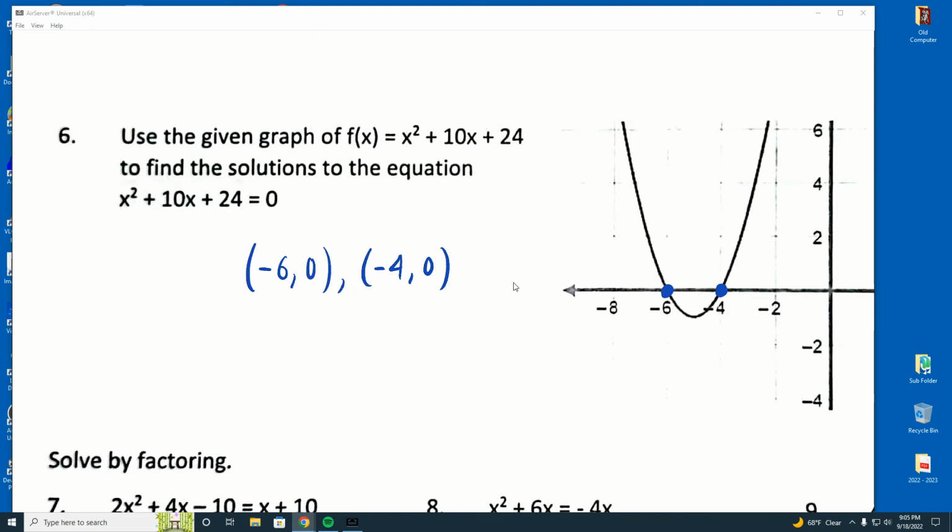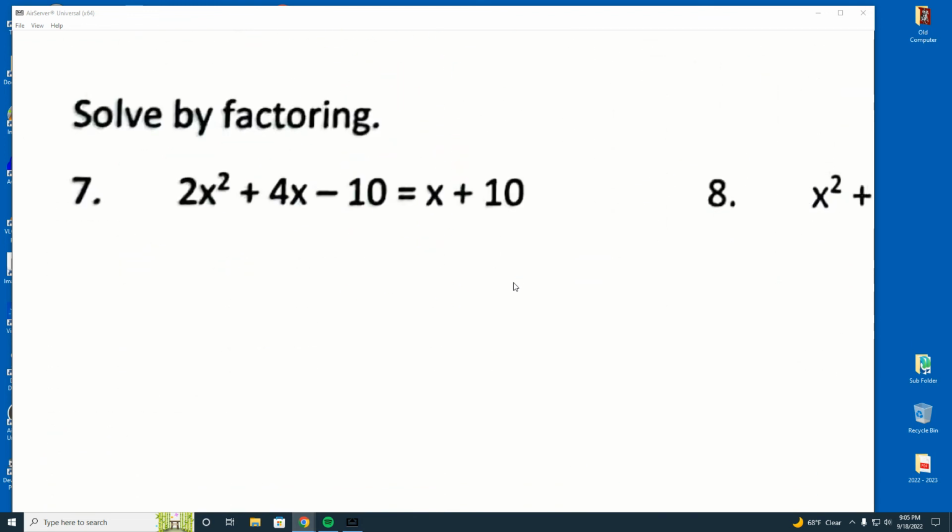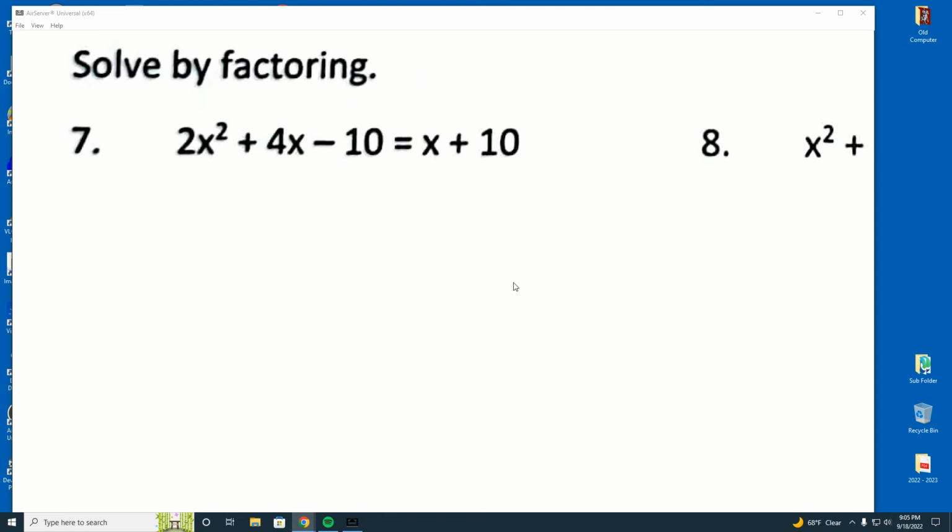So you could have written them as ordered pairs, or you could have put x equals negative 6 and negative 4. That's indicating both of those solutions. Okay? All right, probably the thing that you guys struggled the most with recently has been what we're doing here,